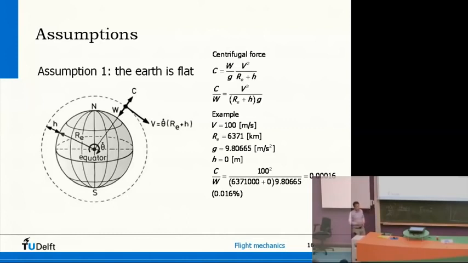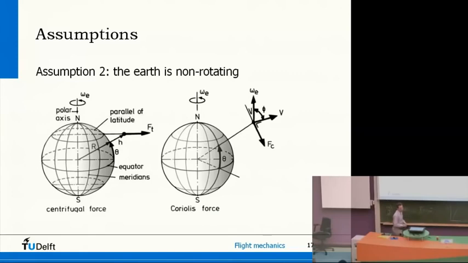Of course, if you would start flying really fast, like hypersonic flight, or maybe you start flying really high, so almost into space, then this isn't negligible anymore. But the types of aircraft I'm talking about in this lecture, they fly up to 10 kilometers. They may fly supersonic, but not a whole lot. So this is really quite a good assumption. Now, another assumption that I'm making is that the Earth is basically not rotating. Because there are a couple of effects actually that happen if the Earth is rotating.